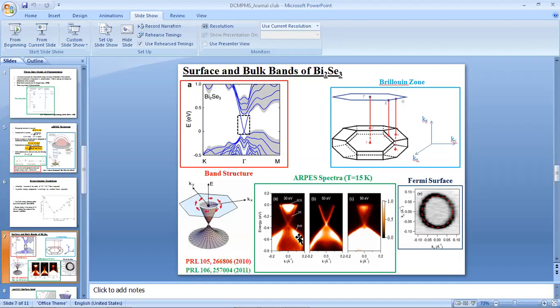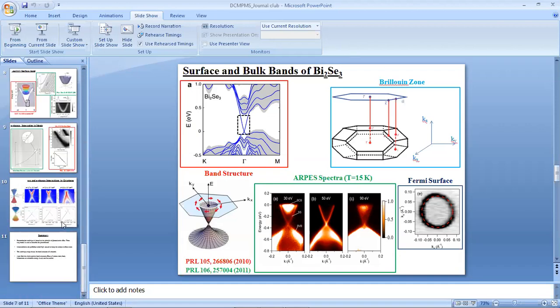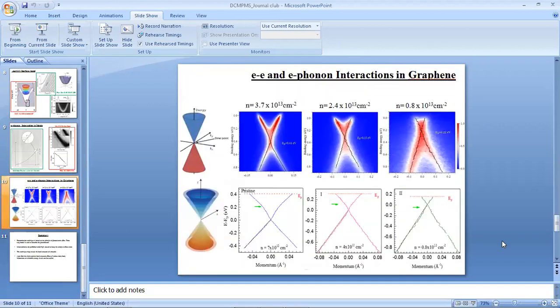So I had one question. At the very last slide, where you discuss the electron-electron interaction, and how it manifests in the experiment, here you say that the deviation from linearity is a signature of electron-electron interaction, right?